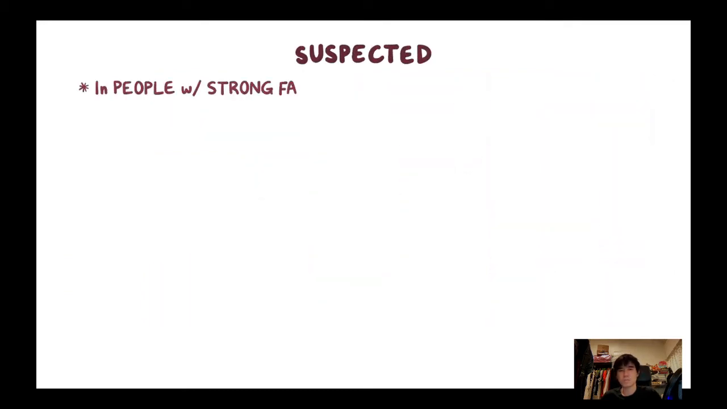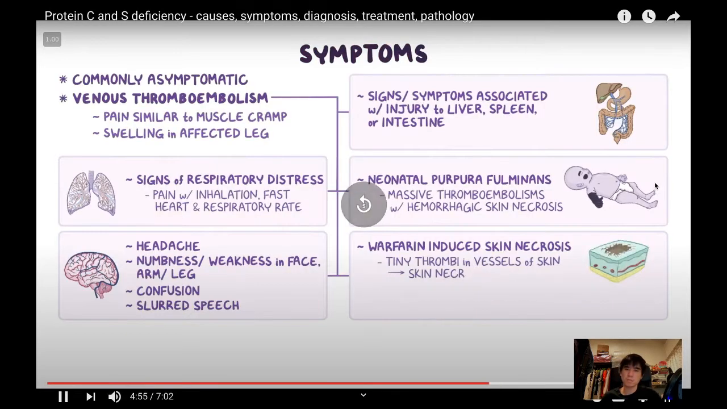Protein C and S deficiency is suspected in people with a strong family history of coagulation disorders, especially those